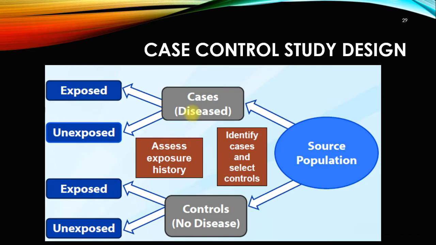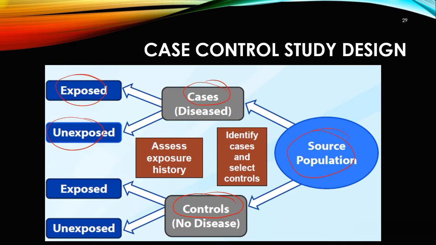Okay, so here you can see we have a source population, in that we have selected the population who have the disease, and we have given the name cases to it. And we have another group of people who don't have the disease, which we consider as the controls. Okay, so again we compare these cases with the controls in view of the exposure, whether they are exposed or unexposed. Please understand this one thing very clearly.